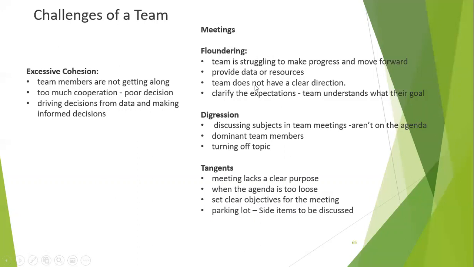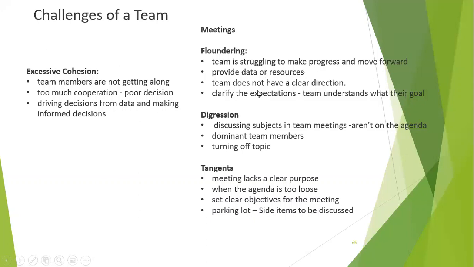What is happening is, sometimes a team will get stuck with no agenda, nothing, but they will talk continuously. In that scenario, the team wants to discuss their progress on the Six Sigma level. The team is struggling to make progress and move forward. They get stuck at one particular point, which is called floundering. They don't know how to move forward. So we have to pitch in and tell them what the goal is and where we are going, and then give them data and resources to make them move on.